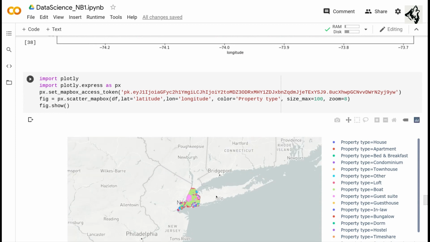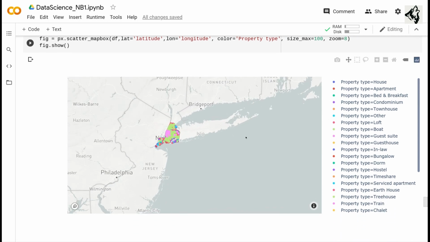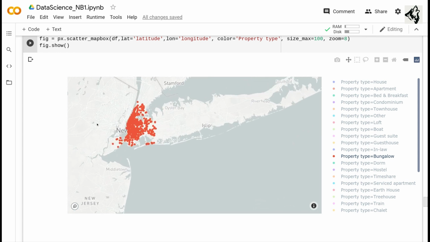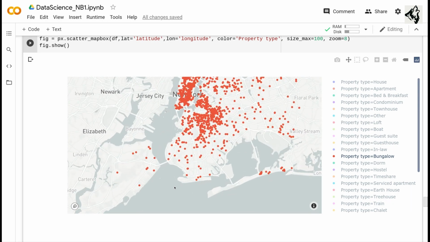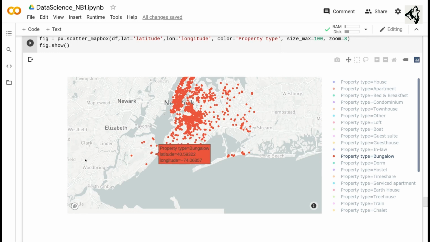This is another option driven map made using Mapbox. If I want to see all the houses available, I just select houses. If I want to see the bungalows, I select bungalows. Such maps are also useful if you are looking for a particular place. For example, if I want to be close to the sea, I can select the property type that I want and I can see where it's located. If it's nearer to the sea, I can select that. So in that way, it's very useful.